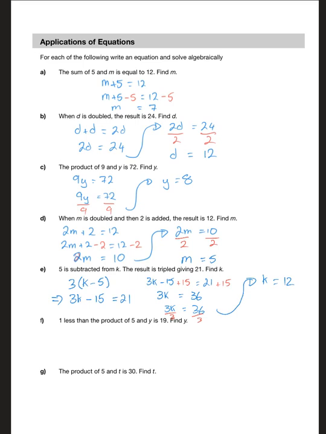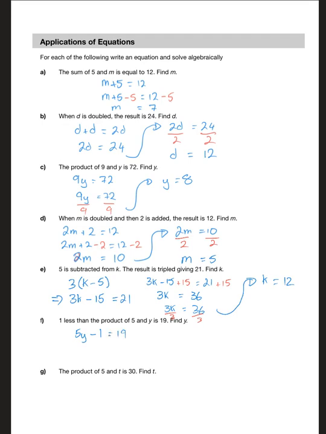1 less than the product of 5 and y is 19. So again, the first part is the product of 5 and y. So 5 and y product is simply 5y, and we want 1 less than that. So we're going to have minus 1. So we find out the product of 5y and then take 1 away from that,